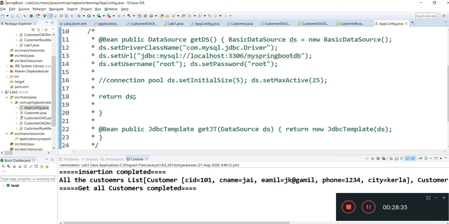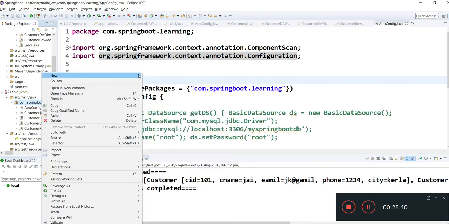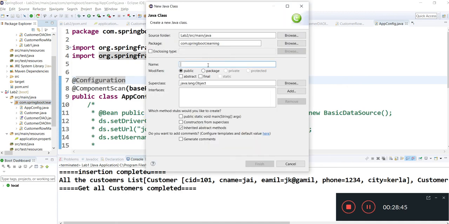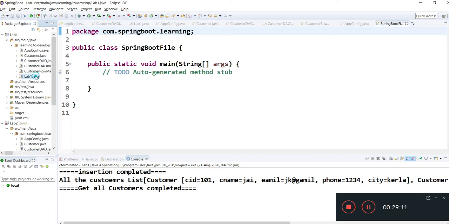Okay, now we're done with all these files. You need to write one extra file, which is your Spring Boot file. I need to mention some things, and the other code you can copy as it is from here.